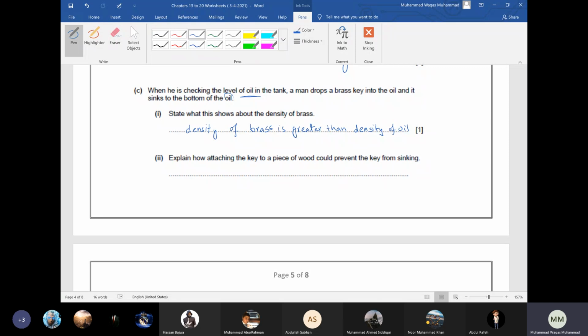And then answer accordingly. Now beta, what happens is when we attach a wood, the combined density of wood and brass, or you can say of wood and key, their combined density is less than the density of oil. Okay, so that's why it will not sink. So the combined density